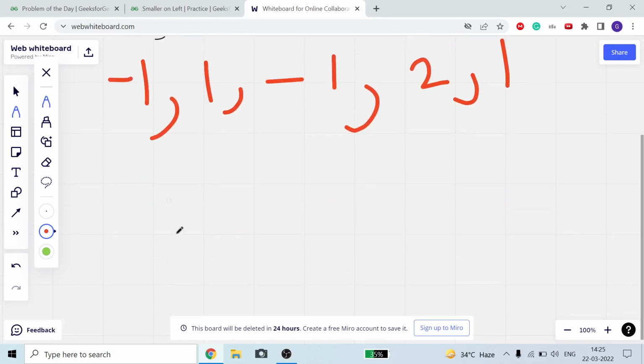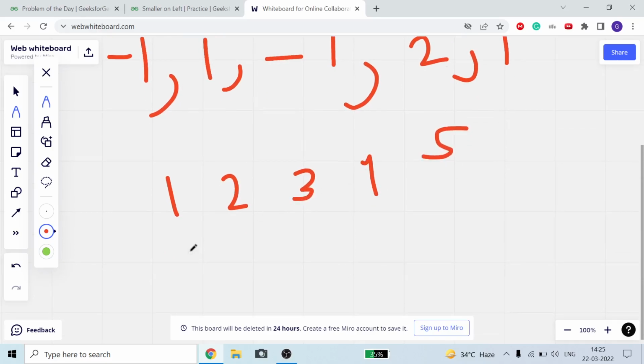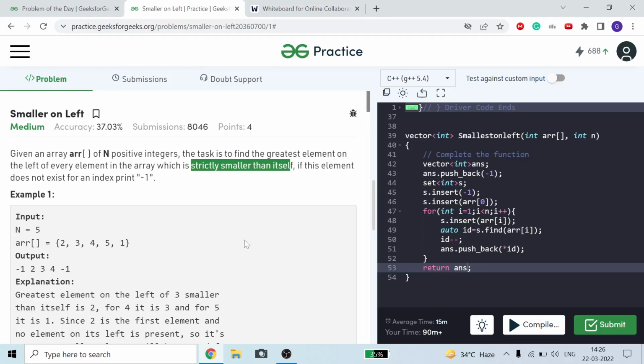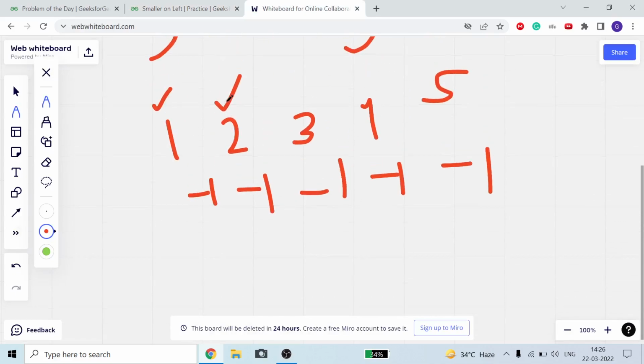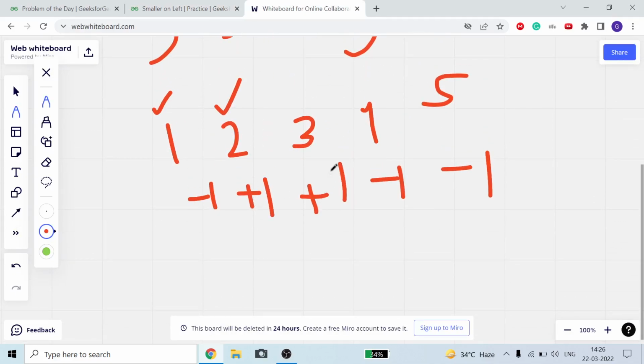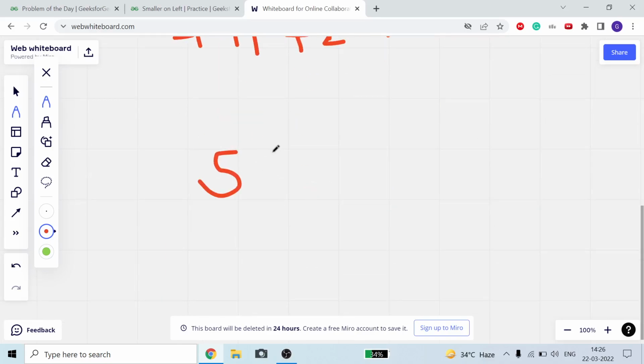And suppose our array is something like 5 4 3 2 1. In this case these all will contain value -1.